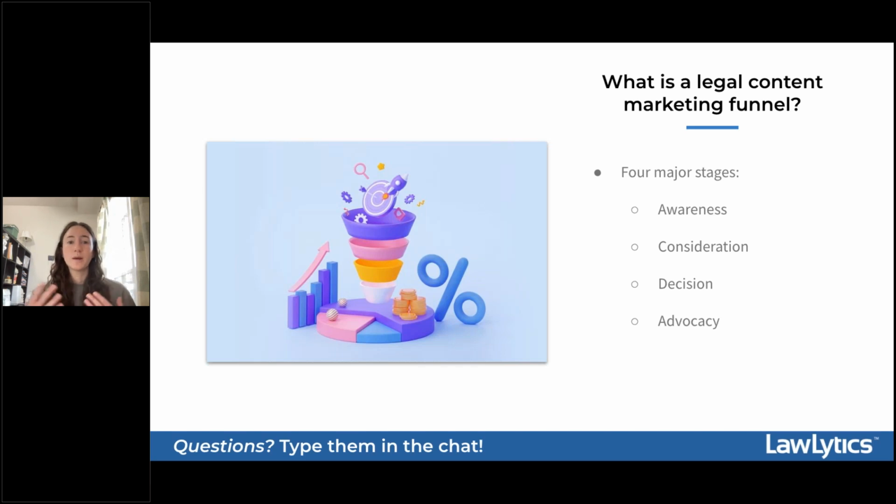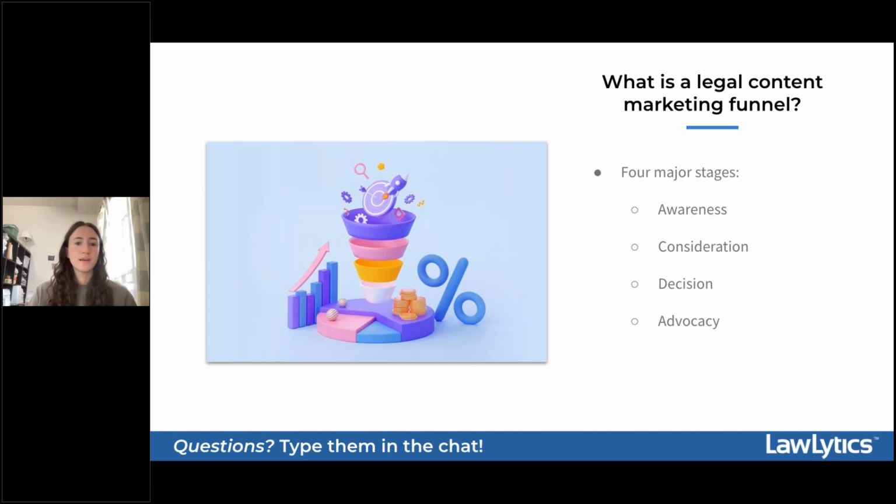For example, a potential client might achieve awareness for your law firm after getting in a car wreck and suffering injuries. After that accident, they've conducted some research about what their next steps are, and they were connected with your website through an FAQ page about car wrecks that are relevant to their area. To support this stage in that person's customer journey, you might create content like practice area pages, blogs, FAQ pages, videos, social media posts, and more to help bridge that gap, so that when they're searching, your website is popping up as an answer.